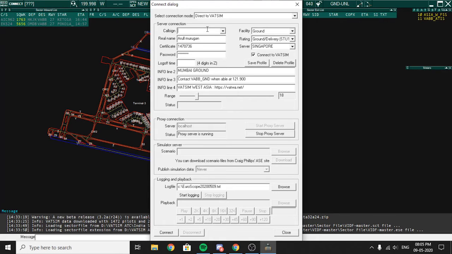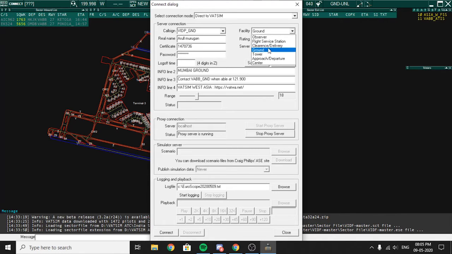For example, my name is Arul Murugan and I type AM underscore OBS. This is what we do for observer. For now it shall be VIDP underscore ground, and then the facility will be ground.